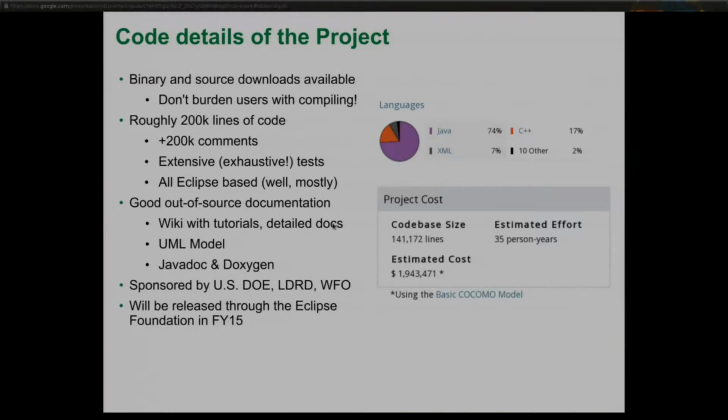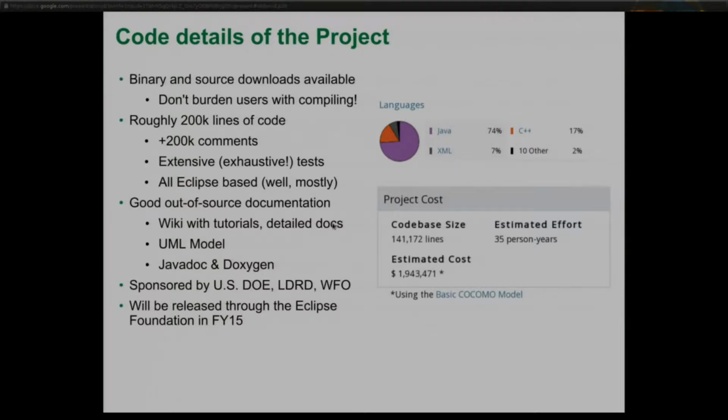So NEAMS, Integrated Computational Environment, the N in NEAMS is for nuclear, and we have to make sure this thing works. We have tons of documentation, and we have everything. Wikis, UML models, JavaDoc, Doxygen, you name it. We have a lot of sponsors. This is not a comprehensive list by any means, and we're hopeful that we'll actually do our first release through the Eclipse Foundation in FY15. Right now we're an Eclipse project in what Andrew called the incubation phase, where we're going through the review and doing all these different things. So hopefully that will be done soon, but we are available on the Eclipse servers.